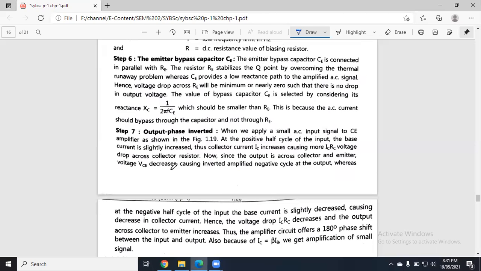Now, in case of transistor, always remember, no matter which kind of transistor you are using or what you are doing, if you amplify a signal with the help of transistor, it will give you a 180-degree phase shift. Suppose you have a sine wave at the input, it will give you a cosine wave at output. So output is 180-degree phase shifted with input. So this is about the single stage class A amplifier designing.